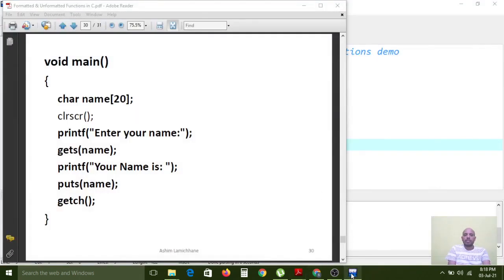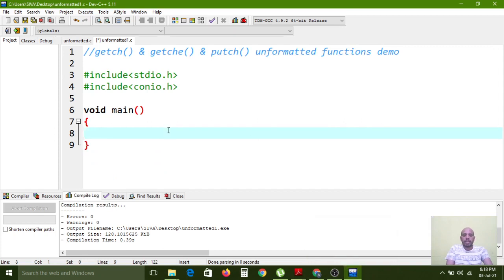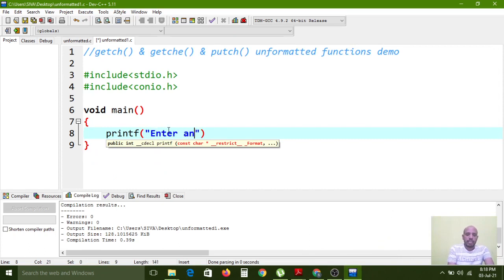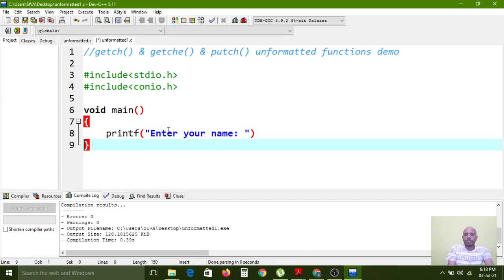First we have to use the printf statement normally: printf, enter your name, semicolon.